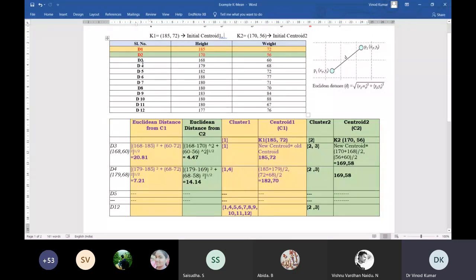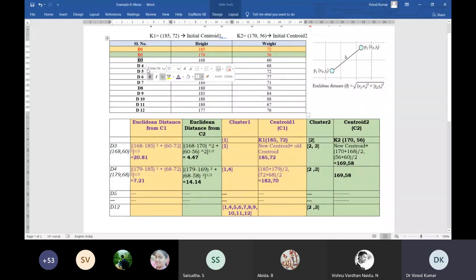Next, the assignment for D1 and D2 is already done, but the assignment for D3 is not yet done. So you have to assign this D3 to either the C1 cluster or the C2 cluster. How will I do that? Based on calculations using the Euclidean distance.